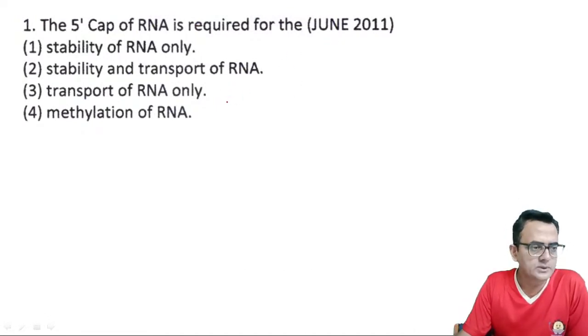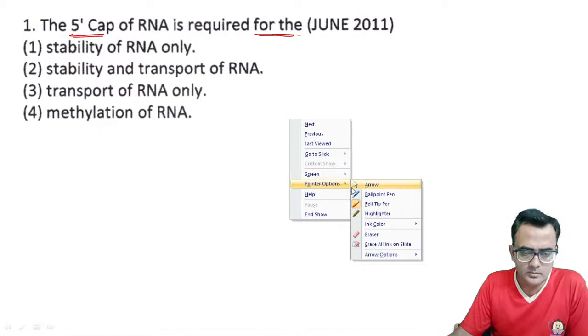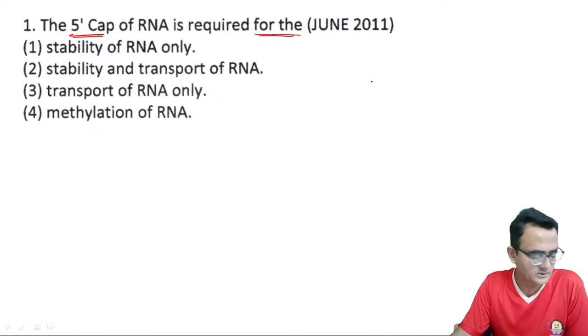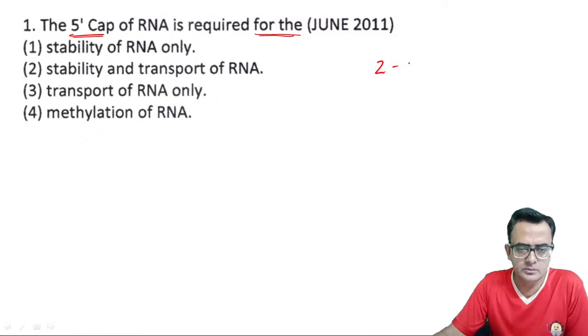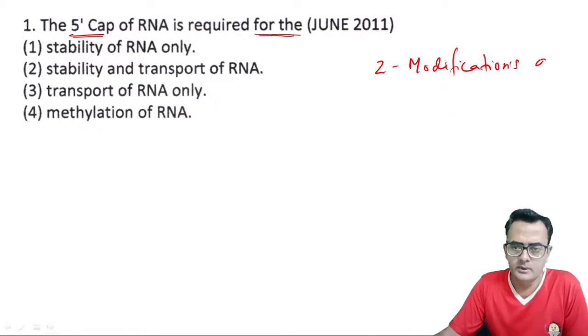So the first question is: the 5' cap of RNA is required for. See, a little bit of introduction about post-transcriptional modification first of all. Two different kinds of modifications are there after transcription. The first is 5' capping,